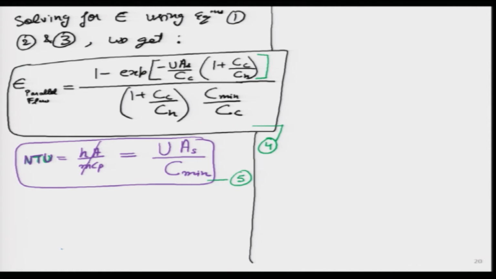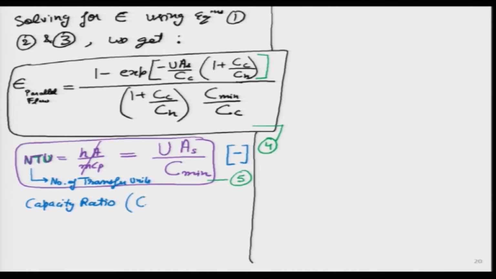And the last one is that we will define something called the capacity ratio. So, let me also write, if somebody by chance missed that earlier lecture and does not remember, this is number of transfer units, and this whole unit will turn out to be dimensionless. It is just a number 1, 2, 3, 4, there is no dimension to it.